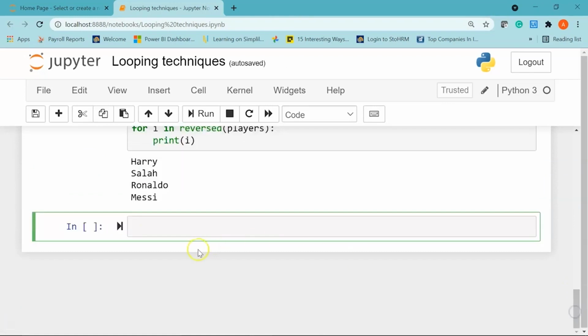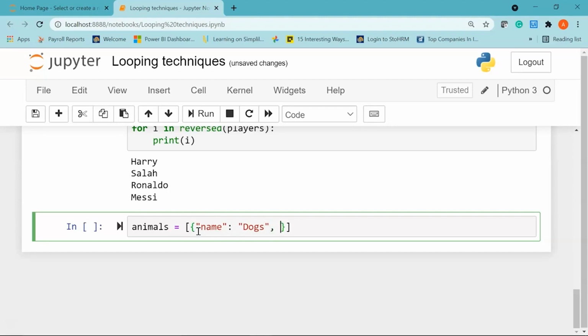Now moving ahead, we'll see how to use the filter function in a loop and filter specific elements in a list based on some conditions. Now to give the condition, we'll be using an anonymous function in Python that is often called the lambda function. To do this, I'm going to create a list called animals. I'll give my square brackets, and inside these square brackets I'm going to pass in the elements in the form of a dictionary. So to pass in a dictionary we need to have key value pairs. So my first key is name. Let's say my animal is dogs.